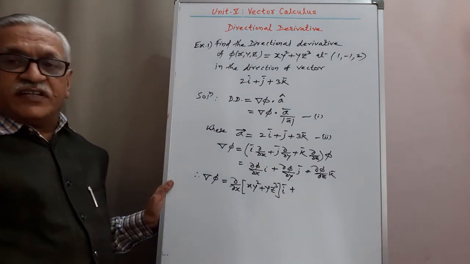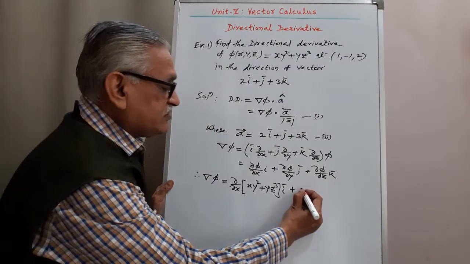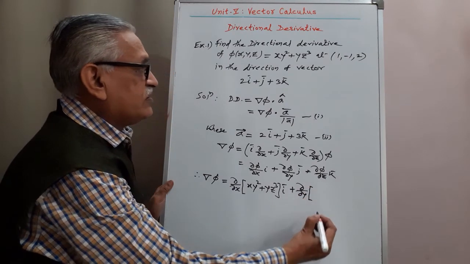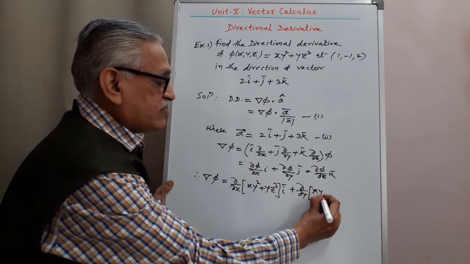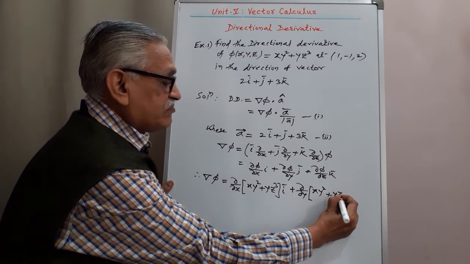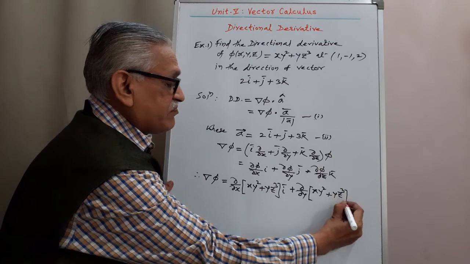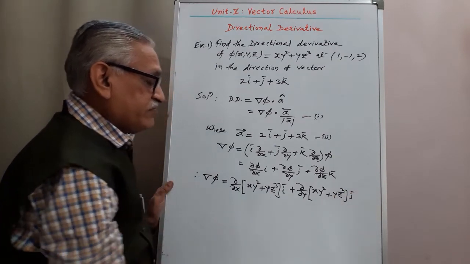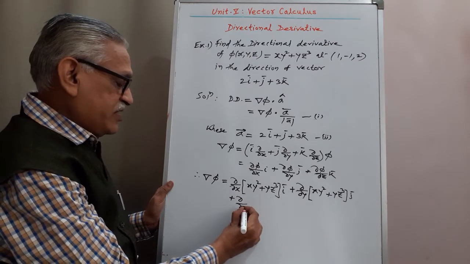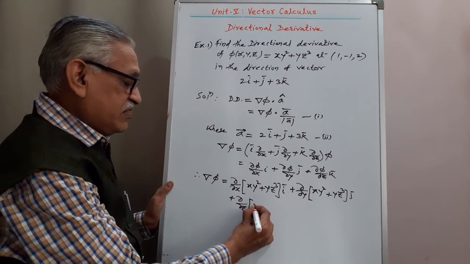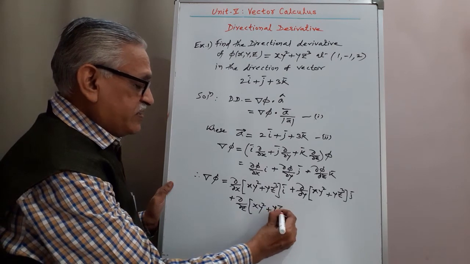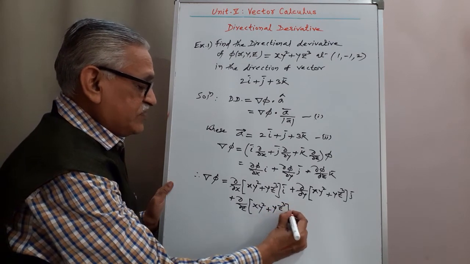Then differentiating the same with respect to y, it is dou by dou y of xy square plus yz cube into j, and plus differentiating it with respect to z, it is dou by dou z of xy square plus yz cube into k,